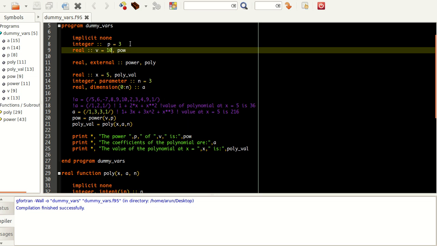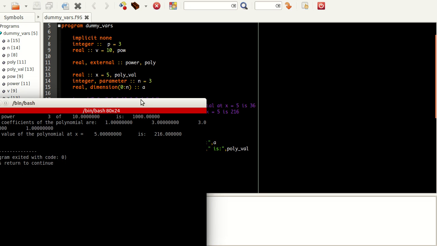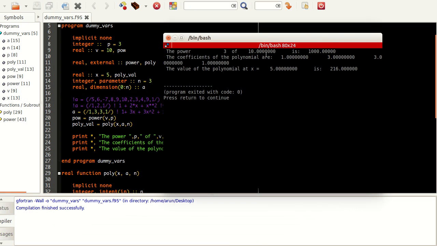Now let's check this out, and before that let's try this with 10. So the third power of 10 is 1000, so this should work out fine. Let me check this out. If I compile, build, and execute this, yeah, perfect. The power 3 of 10 is 1000, which is fine, and the coefficients of the polynomial are 1, 3, 3,